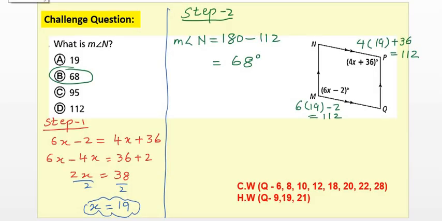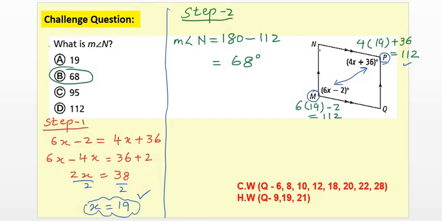Here is the solution for this challenge question. In step 1, we can see that these are the 2 opposite angles. So you will find the value of x by making the equation that 6x minus 2 will be equal to 4x plus 36. It gives us the value of x, that is 19. Then you can substitute the value of 19 into any of these 2 angles. Just to explain you, I have substituted in both of them. The value of angle P is becoming 112, and the value of M is also becoming 112, because these are